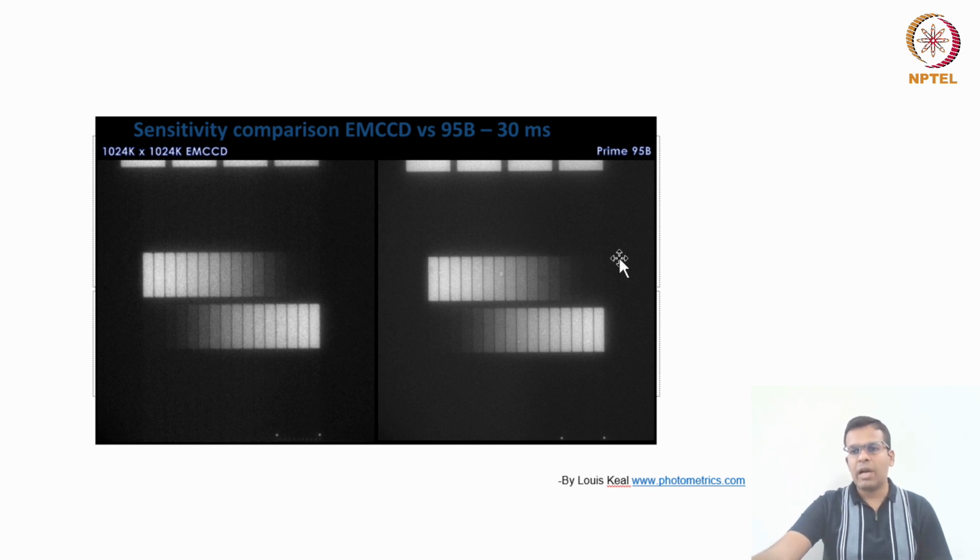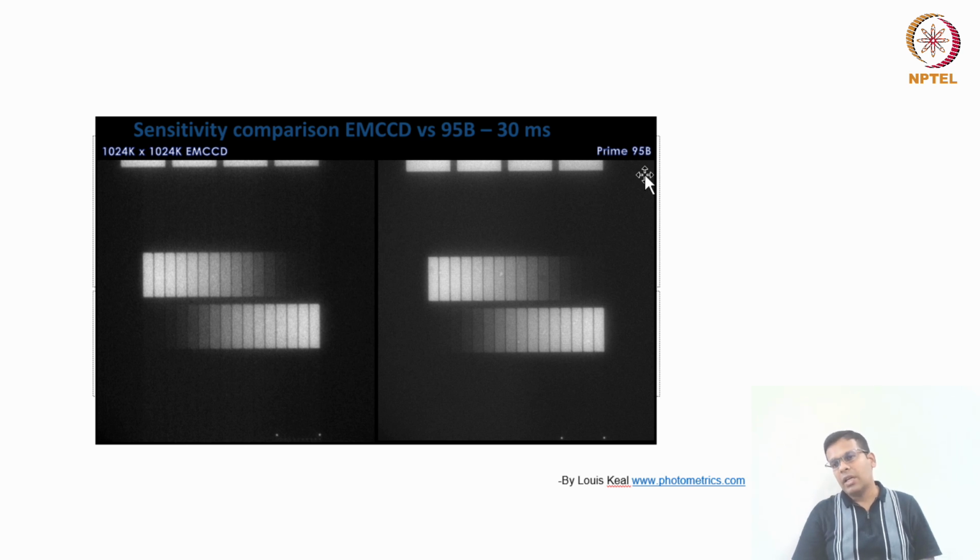And what I want to show you here is that the SCMOS camera is as good as the EMCCD camera, because these days SCMOS cameras are also available with 95% quantum efficiency. Previously the SCMOS cameras were available with only 82% quantum efficiency, and the EMCCD cameras were available with 95% quantum efficiency. But these days SCMOS cameras are also available with 95% quantum efficiency. So if you have to buy a new camera, you will ideally go for the SCMOS because it provides high speed as well as high detection sensitivity.